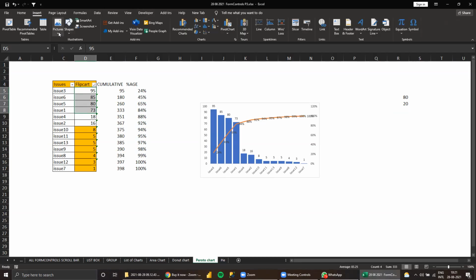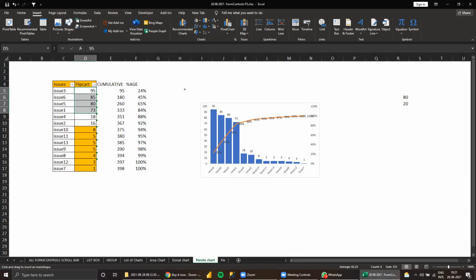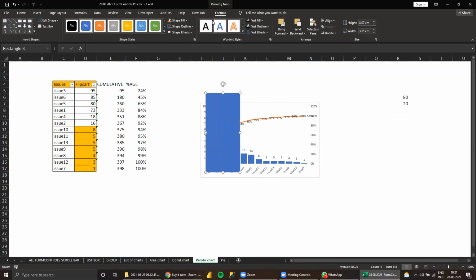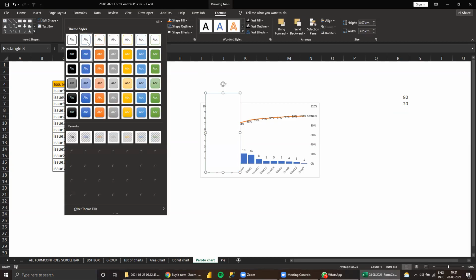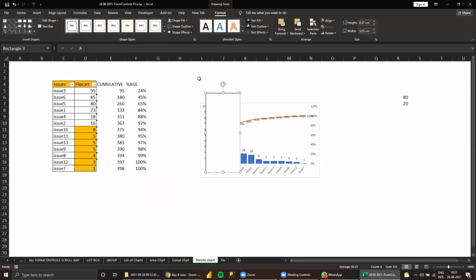Okay, so what we can show here is put one shape. Show like this. Then go to any bar, make it format shapes.